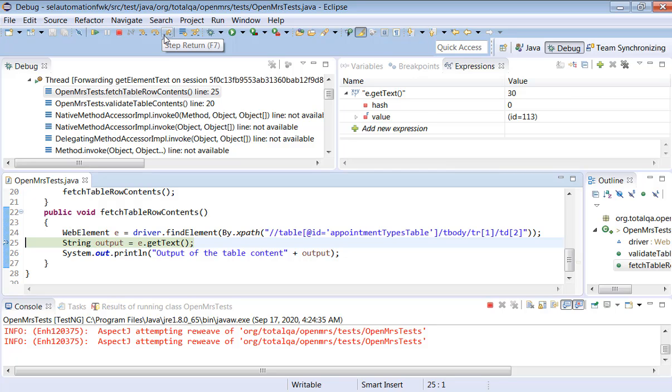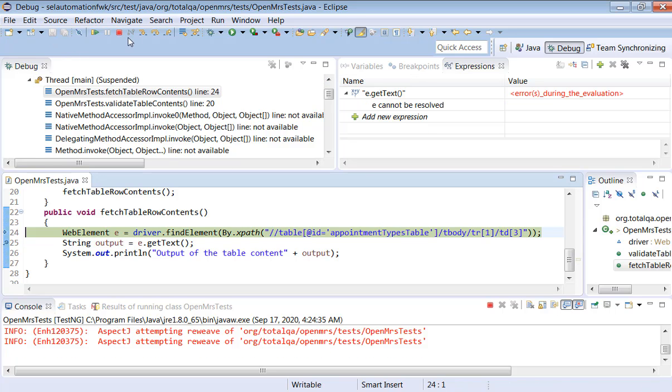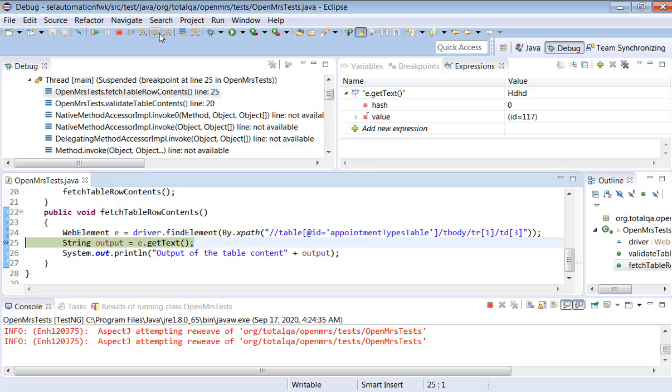Okay. So now what is happening in this program? We are not executing the program multiple times. We are putting a breakpoint and trying to see what XPath we get and the value we get during runtime. Here, if I want to see the content of table data of 3, save it. I get HT.